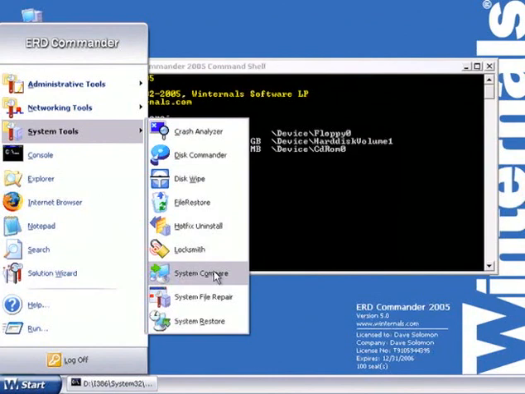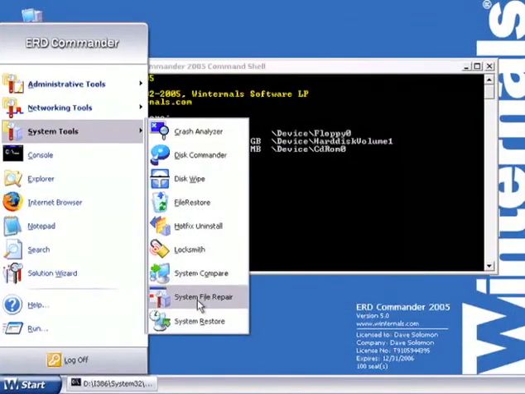The next tool we'll mention is System Compare. If you've got a bunch of computers that are identically configured on your network and one of them is behaving erratically, you can use System Compare to compare the system state of this system with another one that should be the same. It very quickly lets you zoom in on changes that might be relevant to causing the problems.